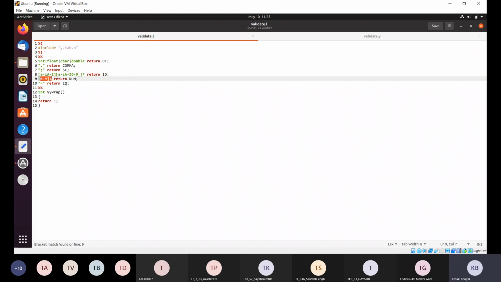Also there can be a number present. How can a number be present? If we are going to assign some value to that particular variable, then a equals 1. So equal is also one token and 1 is also one token. We have to identify that, right? So what we are doing basically is identifying each and every token in declaring the variable list. Okay, are you getting it or not?